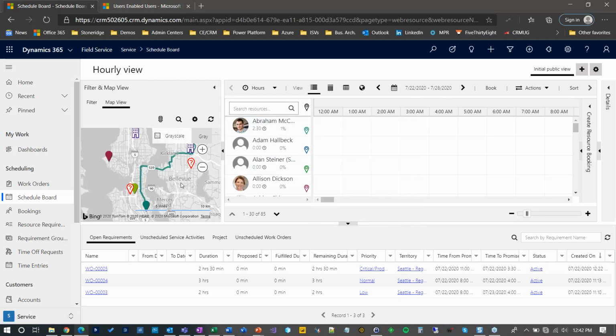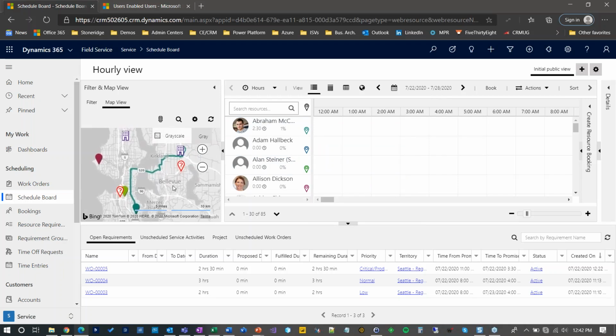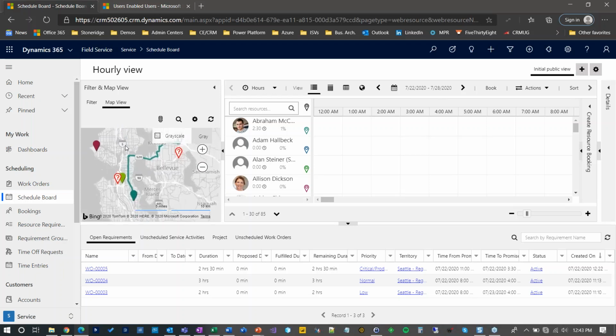But on the left-hand side here, I'll break down a few of these pieces. These purple office icons are our offices. So this is your organization's office, and this is over in Seattle. Again, Microsoft demo data. But we've got a couple of home offices here, and then you can see color-coded